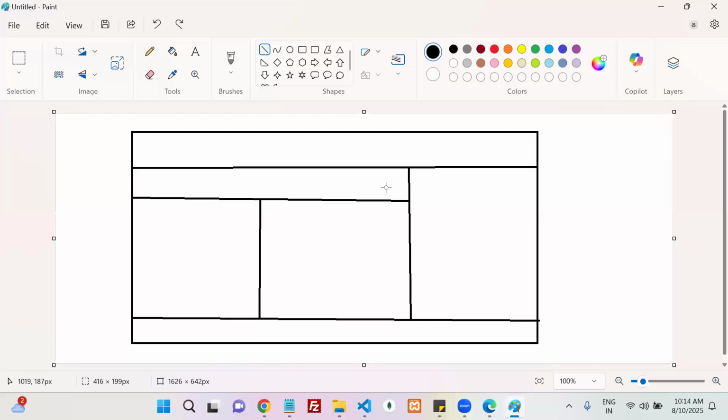Tell me, how many rows you have to merge? This is one row, this is one row you have to merge, right? You have to start from which row? The second row you have to merge. Okay, now see, you can say